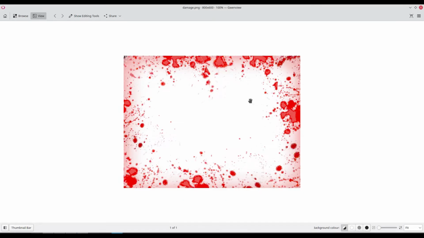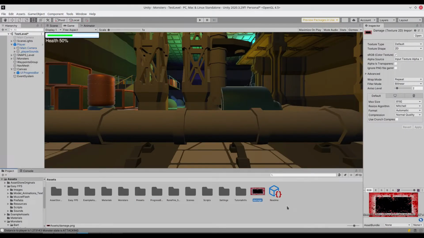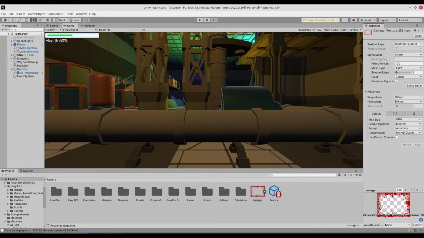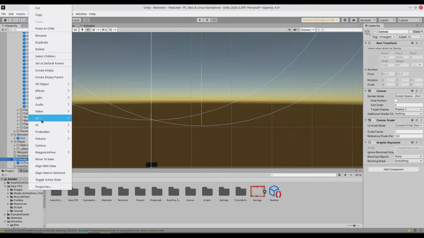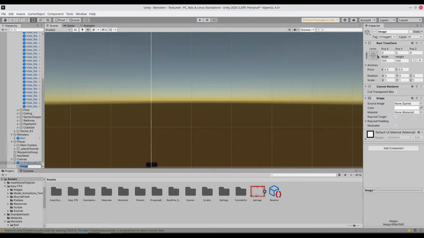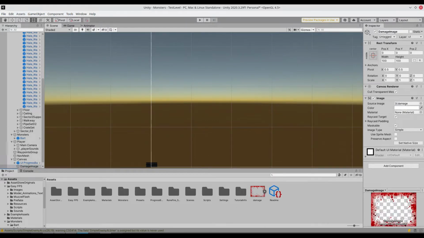Anything that isn't red or a shade of red has an alpha value of 0. In order for me to use this in Unity, I believe I have to change the texture type, and I think it's that one there. And if I apply that there, now Unity views this the way it should be viewed. I'm going to go into my UI, add an image. Right, that does have a rect transform, and I'm going to call this damage image. And for the image part, I'm going to bring in my damage PNG,